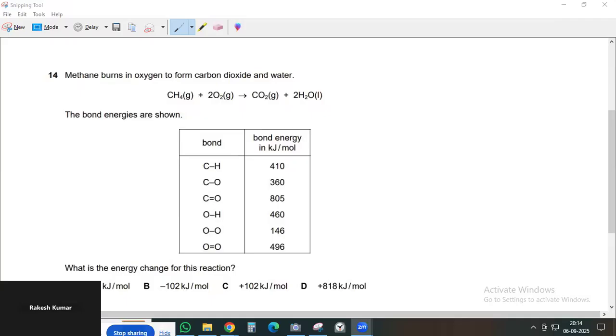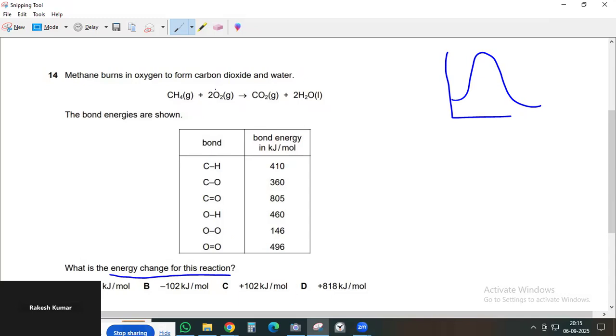He's asking what is the energy change for this reaction? Okay, what is the energy change for this reaction? What do you mean by that? It means that if you were to draw an energy pathway diagram,